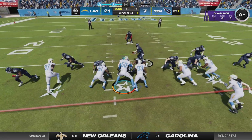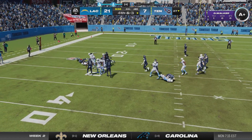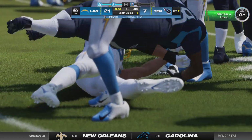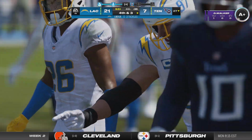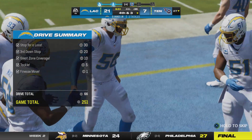This time it's 3rd and 3. They'll try to run for the 1st with Henry. And the reinforcements come in as they're going to stop him behind the line. Nothing doing on 2nd and 3rd down after that 9-yard gain on 1st. I think this offense...